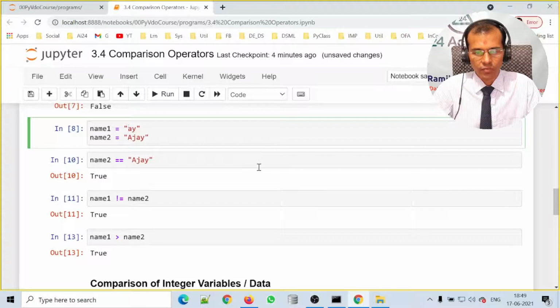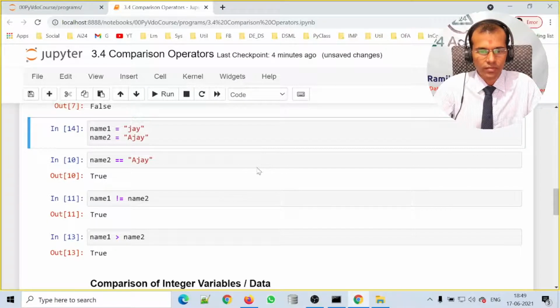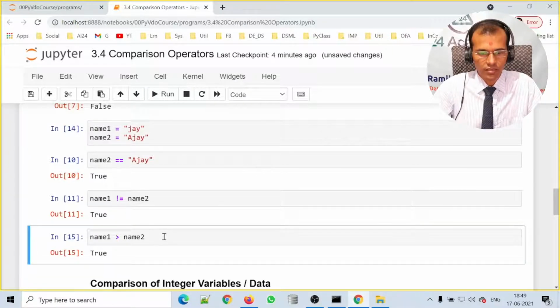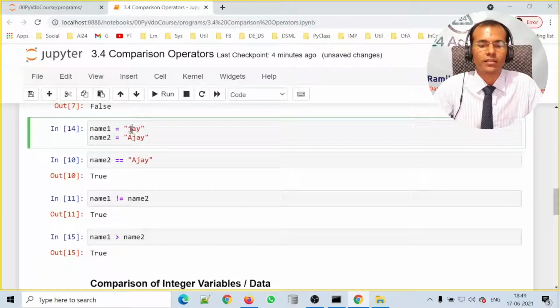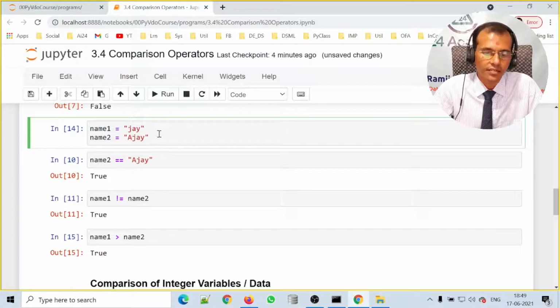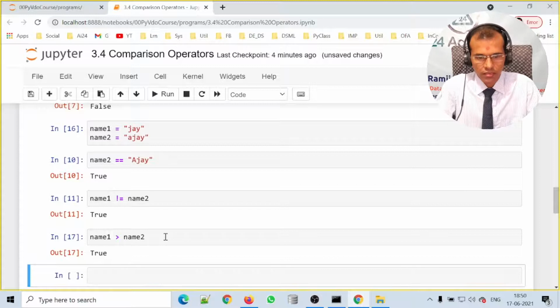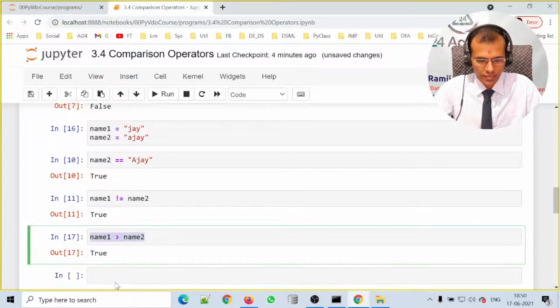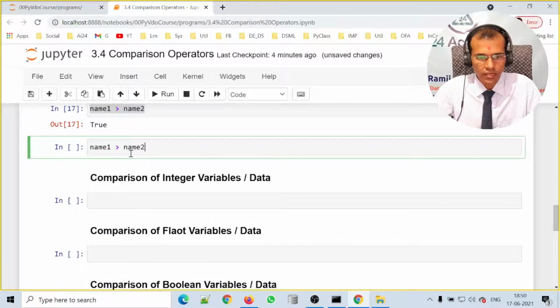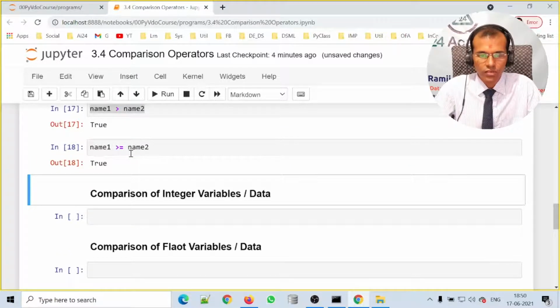Now say for example we use a small j over here, right, and let us run this again. It gives the same result, because again the Unicode of letter j is greater than that of A. Whether it is a small letter j or a capital letter J, the Unicode value of letter j is always greater than the Unicode value of A. Now let us run the next one, say we want to check whether name1 is greater than or equal to name2.